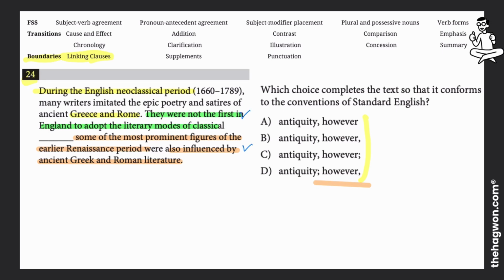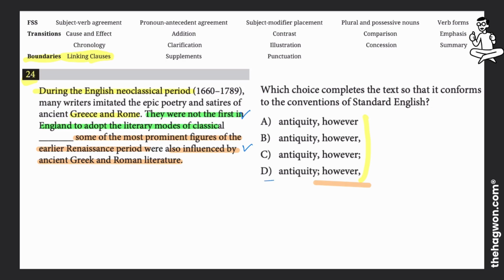And because however does a contradiction, you can just approach it logically by saying they were not the first in England to adopt the literary modes of classical antiquity, however. That's one way. Or you can do they were not the first in England to adopt the literary modes of classical antiquity. However,